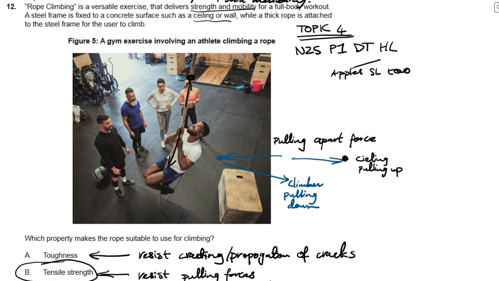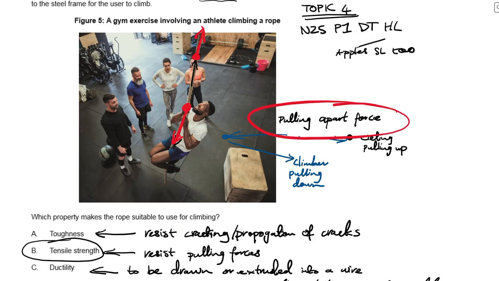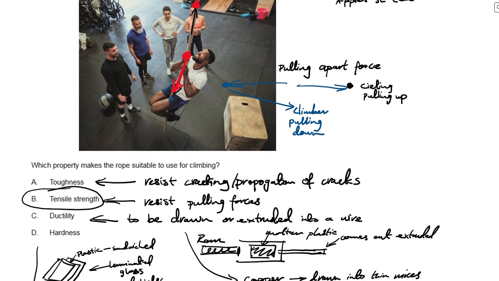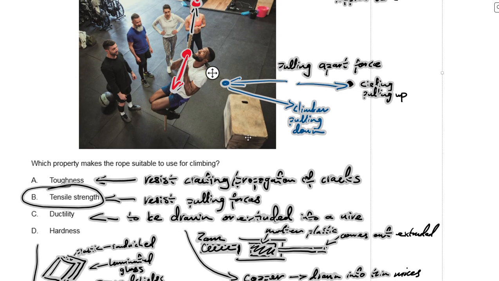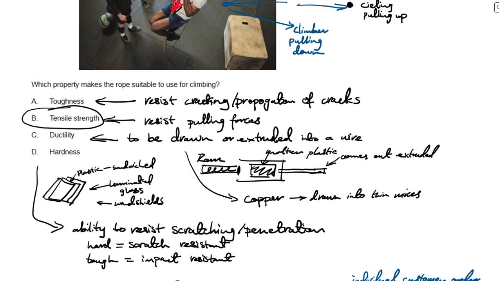Okay, so this is how I explained it. We have the ceiling up here, right? Let me use a different color. We have the ceiling, and we have this guy's arms, right? His weight, let's say. He is pulling the rope down, and the ceiling is pulling the rope up, right? So let's put his arms here. So he's pulling the rope in different directions. The rope is being pulled in different directions, so there's a pulling apart force, and that is what we call tension, right? And so the ceiling pulling up and the climber pulling down. That's what we discussed here. Then I just defined every